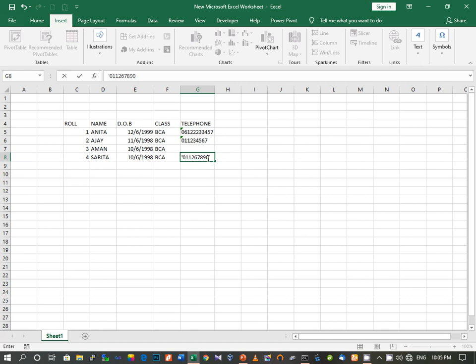So when you are typing data, here you can see 3 buttons. Especially now I am dealing with these 2 buttons, this is the cross and this is the correct. The function button I will deal with later on. If you think that no, this is wrong, then instead of deleting the entire thing or pressing backspace, you can click on this cross button. As soon as you click the cross button, you can see that the data has gone.